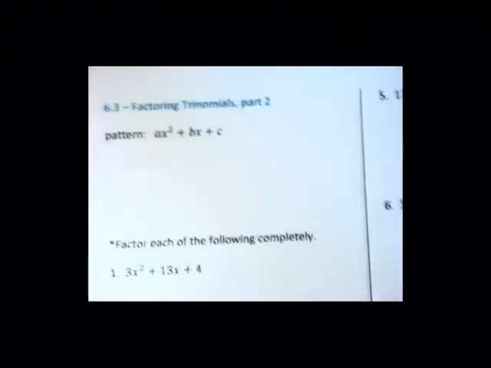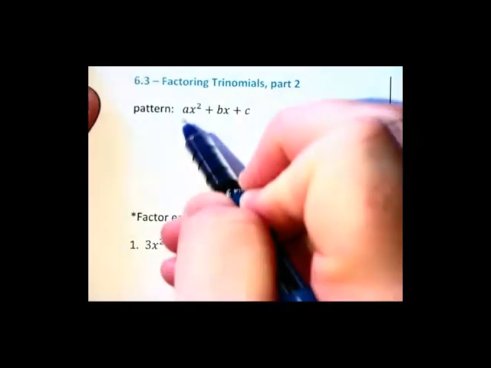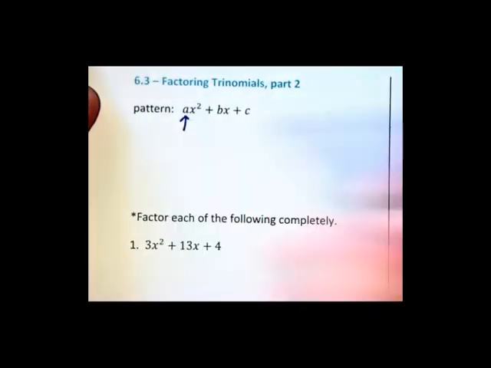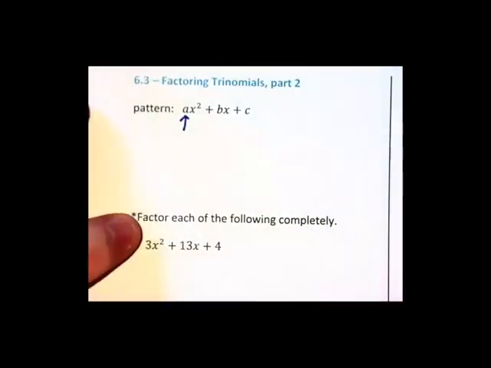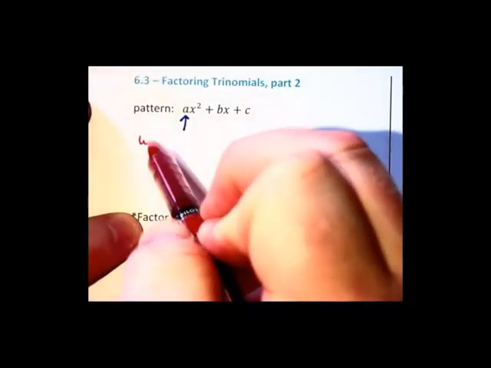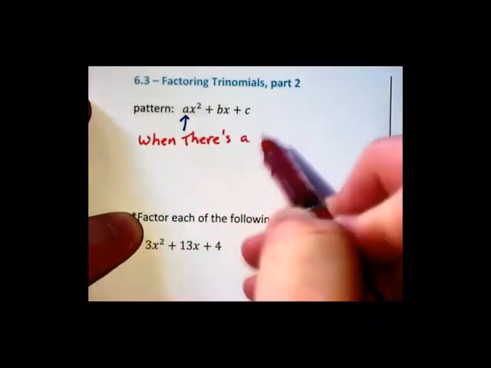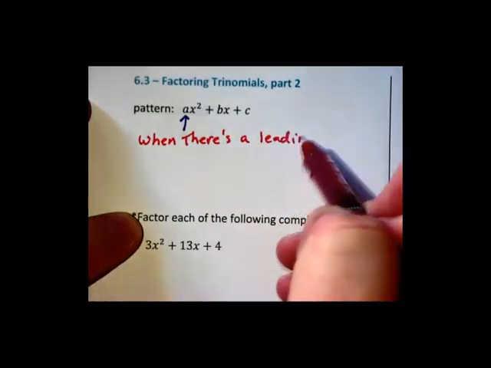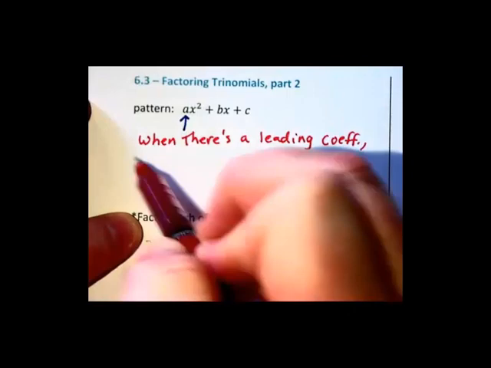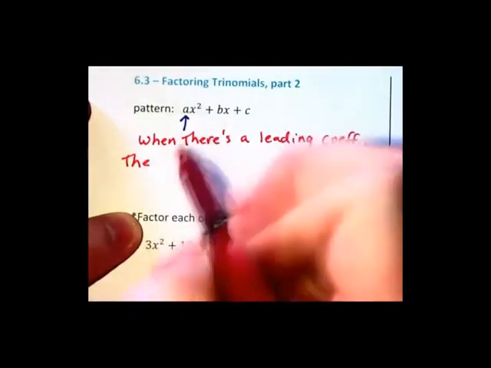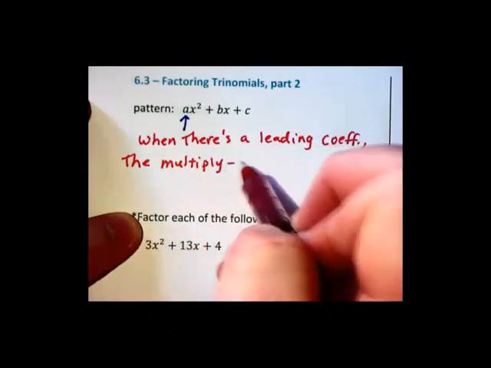Okay, we have more factoring of trinomials here, but now we're going to have a leading coefficient. Rather than just beginning with x squared, there's going to be a leading number here. And I'm going to say, this is an important statement, when there's a leading coefficient, the trick that we were doing a little bit ago, which I'm going to call the multiply and add trick,